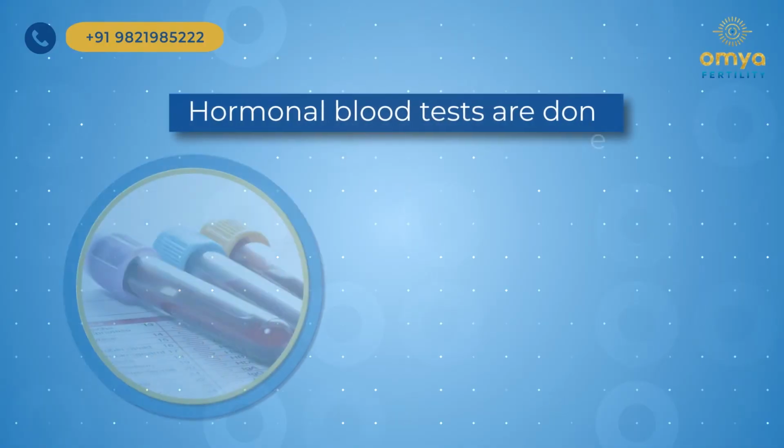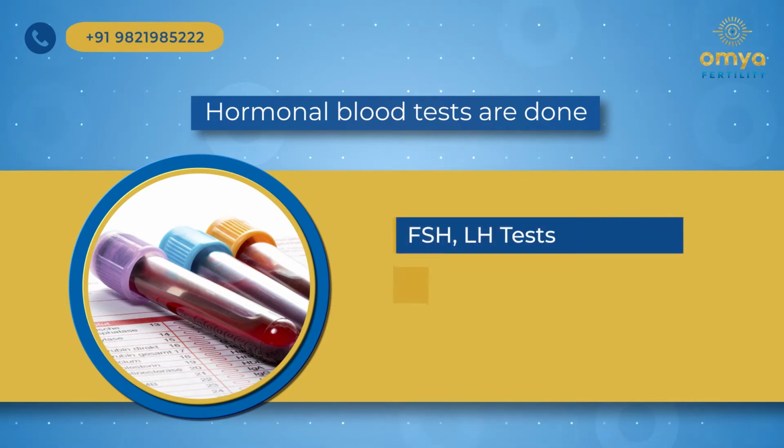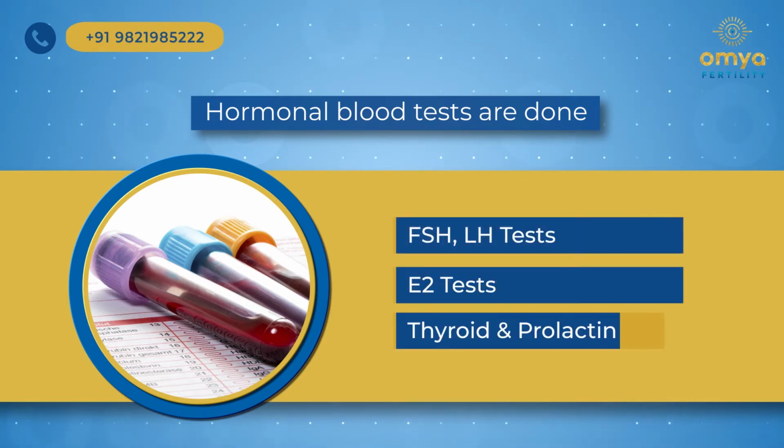After this, the ovaries are evaluated, which includes the antral follicle count. Any cyst in the ovary should be seen, and the number of follicles or the number of eggs in the ovary should be evaluated. After this, the hormonal blood tests are done for a female, which includes the LH, FSH, E2, and then thyroid and the prolactin. And the routine blood test, which includes your complete blood count, your blood group, your thalassemia profile, your random blood sugar, your urine routine and microscopic has to be evaluated. Any problem should be corrected before starting the treatment.